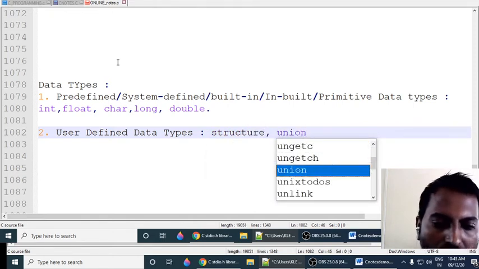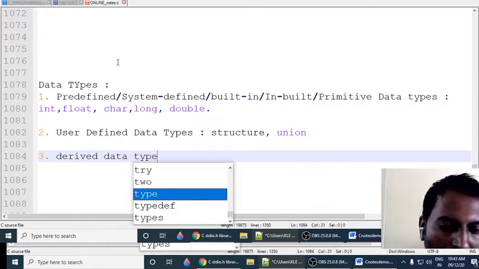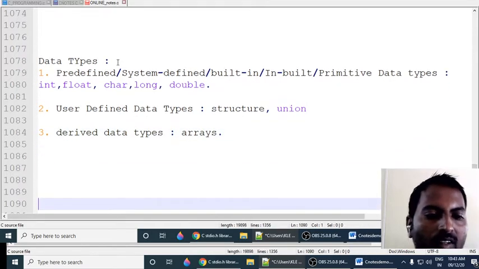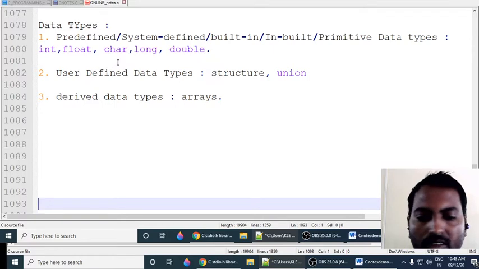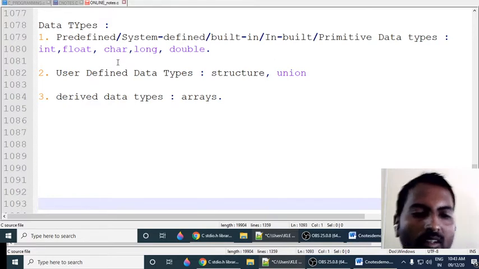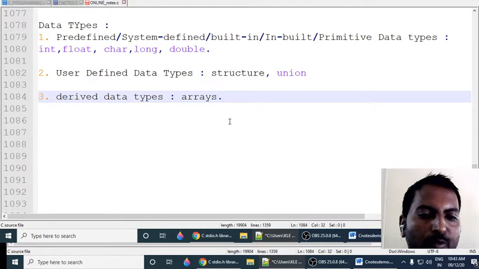Okay, and third one, derived data types. And you can put arrays. Okay, so we'll start with the array concept, then we'll go for a structure, and I'll give a small brief introduction about user defined and derived data types.